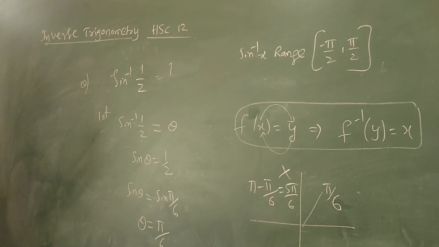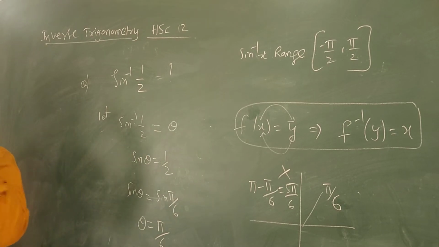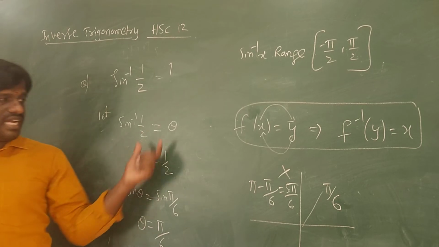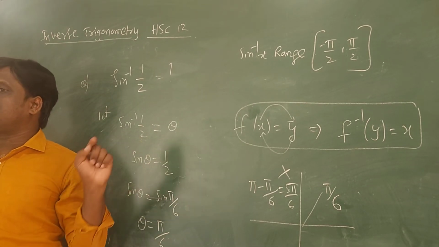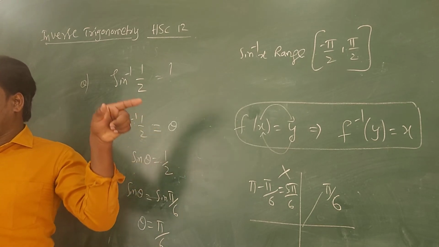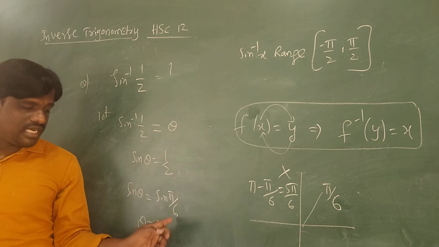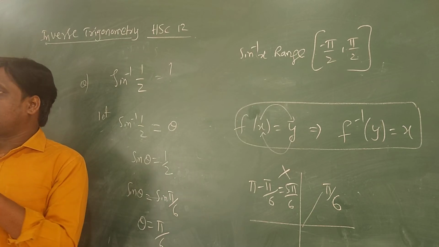So if I want to find sine inverse half, let us say this is the theta, because the sine inverse represents an angle. So I take a theta. So sine theta will become half. Then sine theta value will be half when it becomes pi by 6 and 5 pi by 6. As I told you, 5 pi by 6 is not in the principal domain range in the sine inverse x. So I can take pi by 6 as the answer. Understood what I said? Understood?